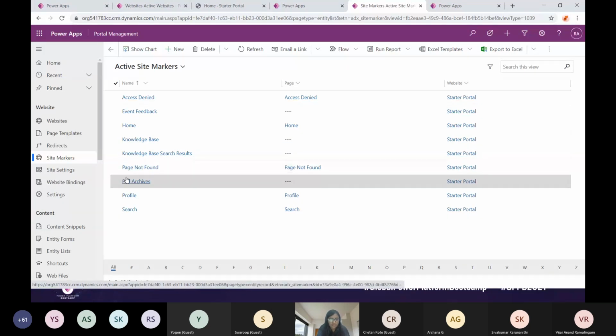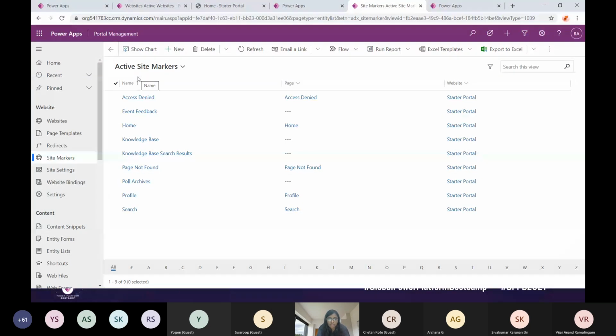The reason we use site markers is, let's say I am not sure whether my URL is going to stay the same or change. If I have hard coded it anywhere, and I change that URL two or three months down the line, I have to go in and update it at individual places, wherever I have used the anchor, to change the reference.